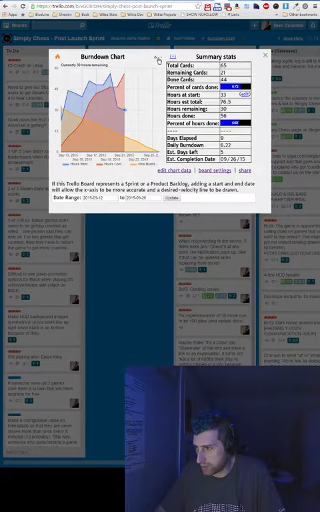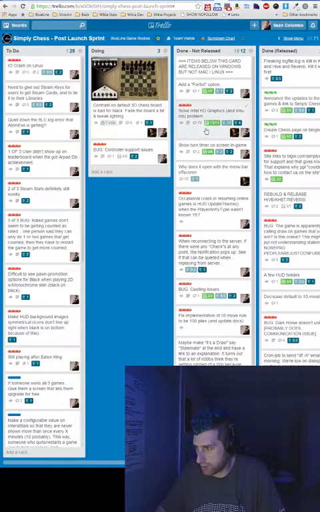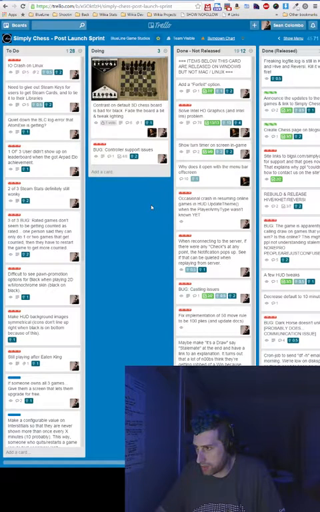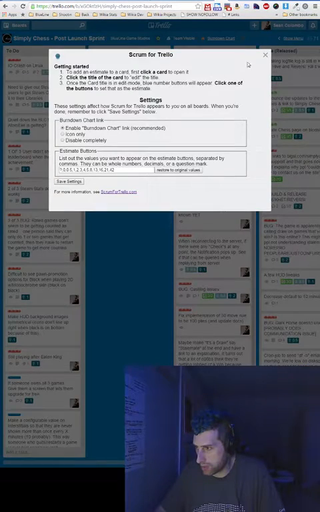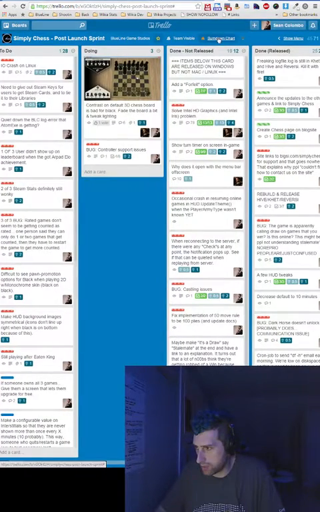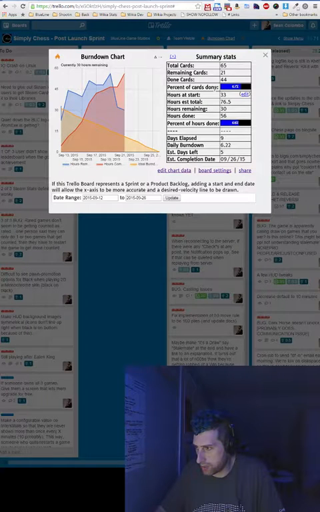So this tool that we made is burndown for Trello. We also ported and now maintain this browser extension. If you notice me clicking these hours, that's not part of Trello, that's part of the Scrum for Trello extension. Some dudes, Marcel Duin and Jasper Keizer from the Netherlands, made this browser extension, Scrum for Trello. Here's its settings. You go to scrumfortrello.com. I ported it to Firefox and Safari, and now I maintain the Chrome version also, just to help them out, and because it hooks up with the burndown